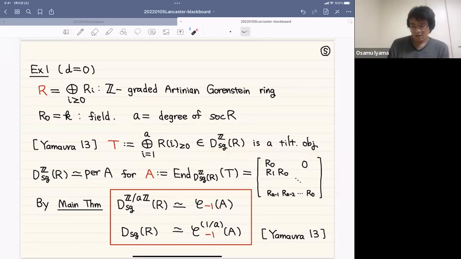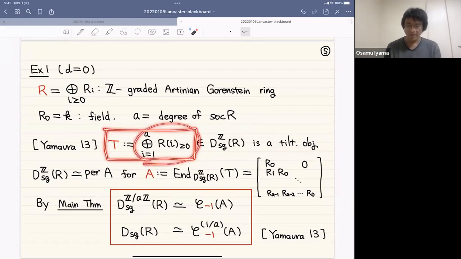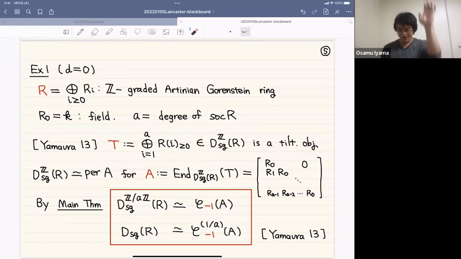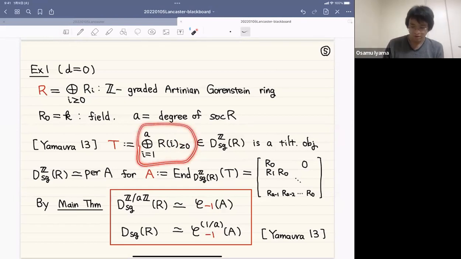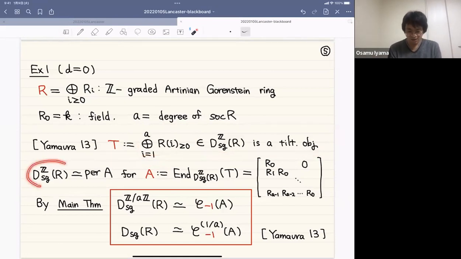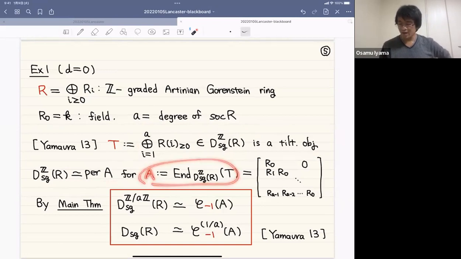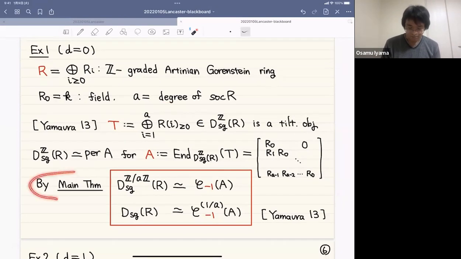He proves that this category has a tilting object, and it is explicitly given by this formula. Consider the degree shift of R, move it I steps up, where I means the degree shift functor, and then truncate. We cut out all negative degrees to get a module which is non-negatively graded, and this gives us a tilting object. In particular, the G-graded singularity category is equivalent to the perfect derived category of A, and one can easily describe the endomorphism algebra of A in this matrix form, but it is not so important here. And by applying our main theorem,